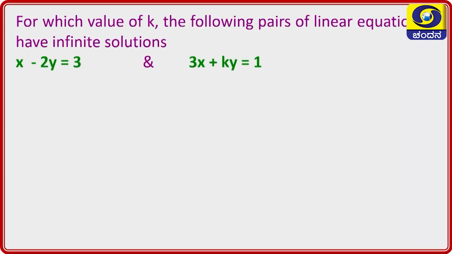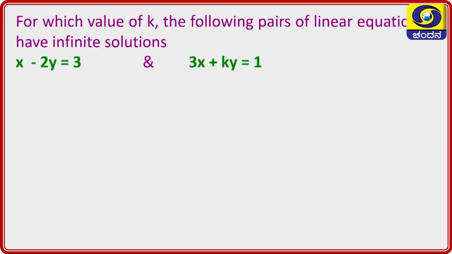Next problem, children. For which value of k do the following pair of linear equations have infinite solutions? That is, the equations are x minus 2y is equal to 3 and the second equation is 3x plus ky is equal to 1. So, these two equations have infinite solutions. Find out,